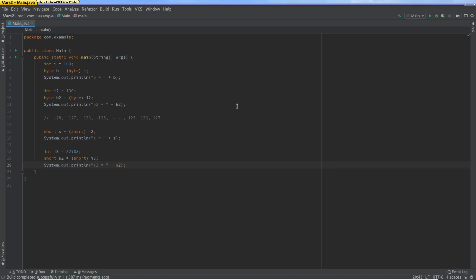Now, another thing that is interesting to note is when you're dealing with decimal numbers versus integers, okay? So let's try to create an integer I4, okay? And let's try to give it a decimal point. So let's say 23.5, okay?